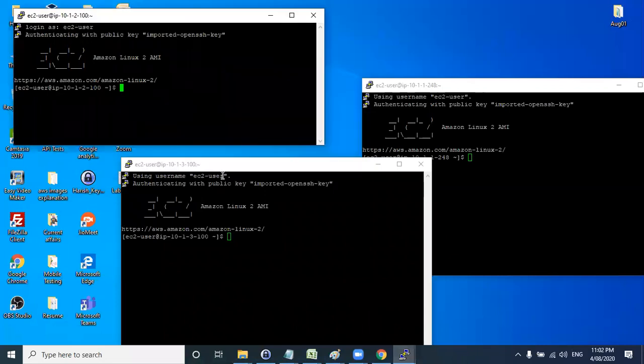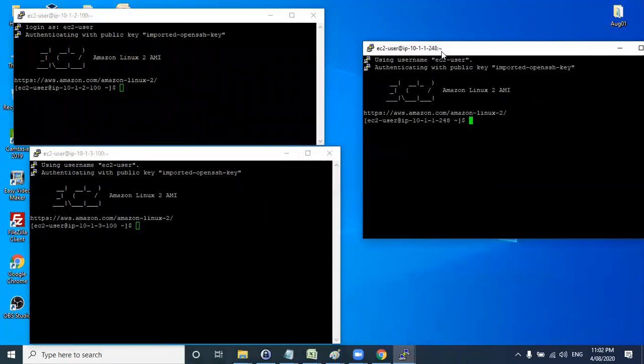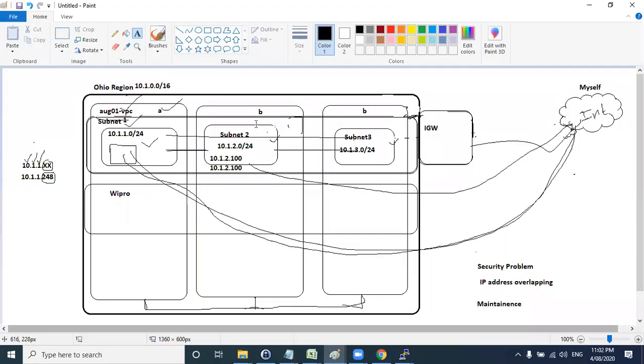So you have one machine in subnet 1, one in subnet 2, and one in subnet 3. Technically, what we have done is established our VPC, three subnets, the internet gateway, and the routing between these three. Now we are testing whether this network is fine or not. From the external internet, we are able to successfully connect to the three EC2 machines which we created till now. Now we need to check whether this subnet has communication with that one.